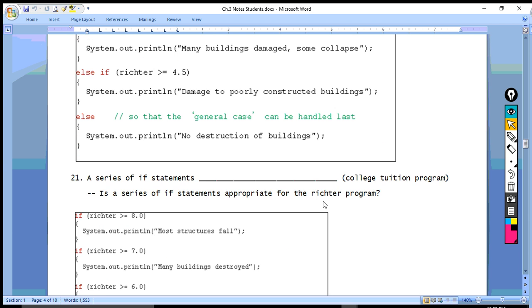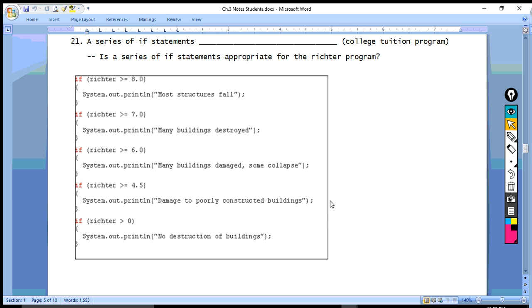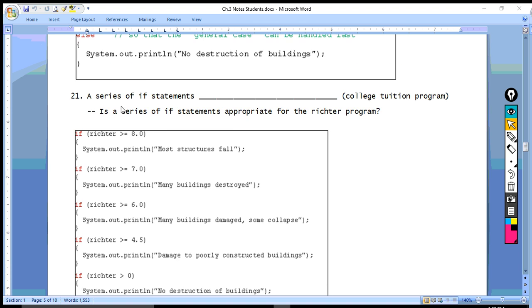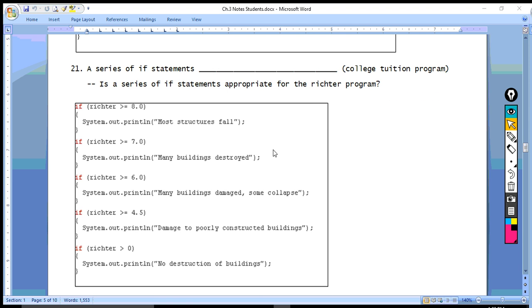As we saw in our previous program when we dealt with the college tuition, we used a series of if statements. Okay, so a series of if statements can be appropriate, but the question is, is a series of if statements appropriate for the Richter scale program? And so once again, let's just take a look at